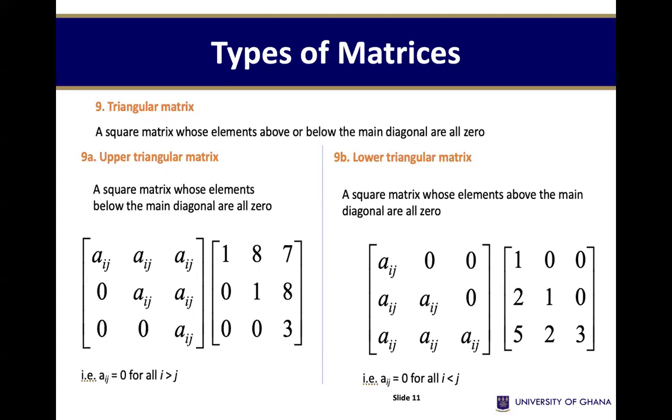For the triangular matrix, because we want to be able to establish a line of symmetry from the diagonal element, we normally always expect the triangular matrix to be a square matrix, right? So this square matrix will have the upper triangular part with elements. It might not necessarily be zeros, it might not necessarily be ones, but it should have elements. And then the lower triangular part